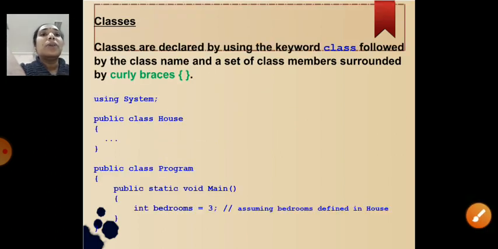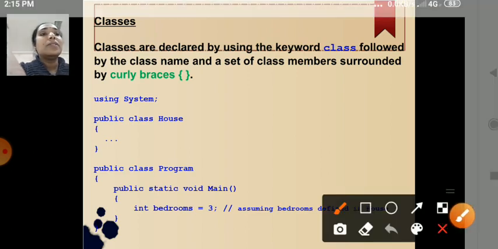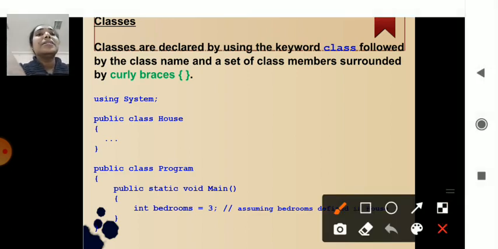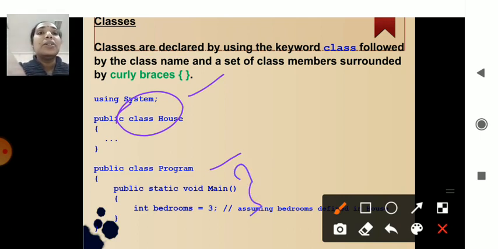Then you move on to how the syntax will be in the classes. The classes consist of this format of syntax. Everywhere the classes are mentioned with their class name. First you start with the programmatic namespaces, then you start with the class name. You can see here a class name called House. In that House class, another class may be mentioned. You can see here public class Program. Within that you have the Main method. Okay, in this way the classes are being mentioned, and the classes will be explained within the braces only.